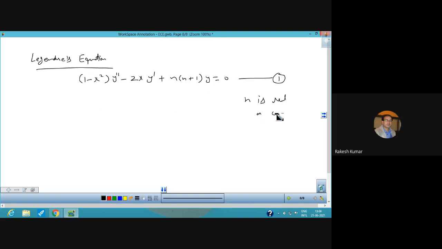This means that n can be a real quantity as well as a complex quantity. Only positive integral values of n are required in most of the applications. So what I want to say is that in most of the applications the value of n should be a positive integer. Now to solve this differential equation 1, we note that P naught of x is 1 minus x